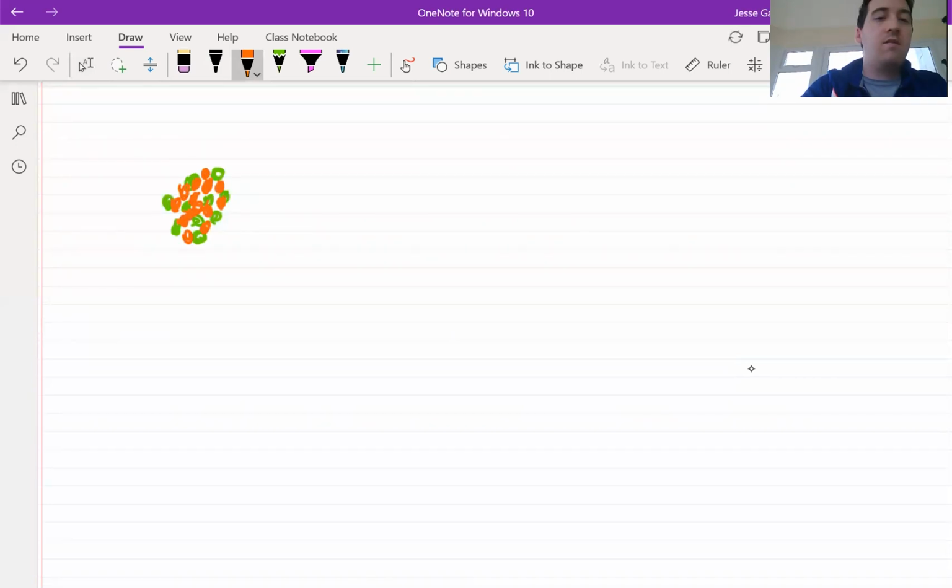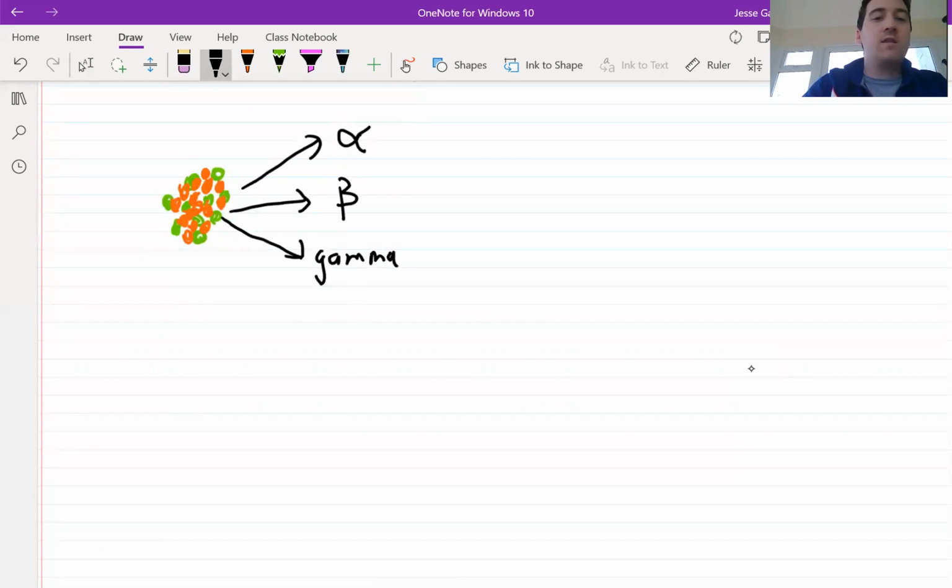The unstable nucleus is eventually going to do a decay event, and we're going to kick out a particle or some energy. So we can have alpha decay. Actually, I'm just going to use the symbol because you should know that by now. You have alpha decay, beta decay, or gamma radiation. But all of these processes involve